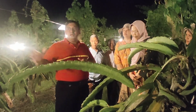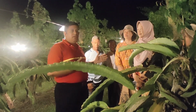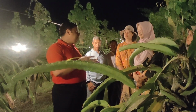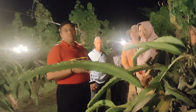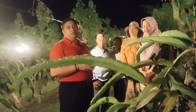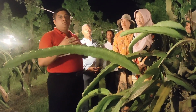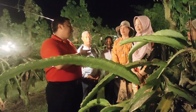So just see, there are not less than 1,000 plants in the field. As discussed with them, they have been growing this dragon fruit since 2015, and this is the 8th year they are growing this crop. So I am very happy to see the way they are growing this crop, not only does it give recognition to them, but also to the people of this region. So I must congratulate them for their